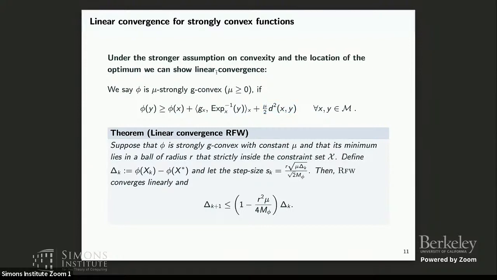So if our objective fulfills this stronger assumption on convexity, and if we know that the optimum does not lie on the boundary of the feasible region, then we actually get linear convergence. So then this algorithm is very fast. In the Euclidean setting,